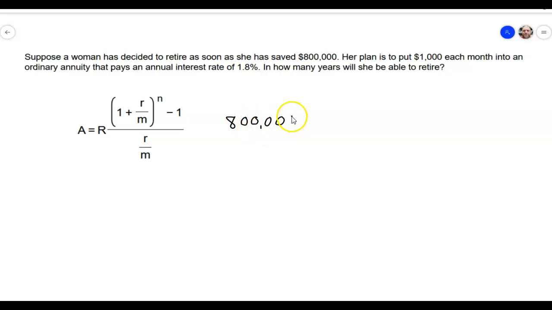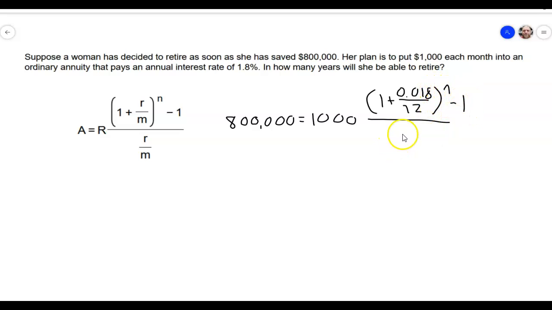800,000. That's how much we want. That is equal to, she's going to put in $1,000 per month, times 1 plus our r, which we convert to a decimal, 0.018 divided by 12, because remember, it has to compound monthly because the compounding period has to match the frequency in which she puts that money into the account. And this is raised to the n minus 1, all over